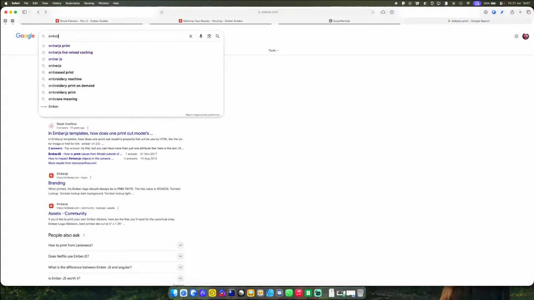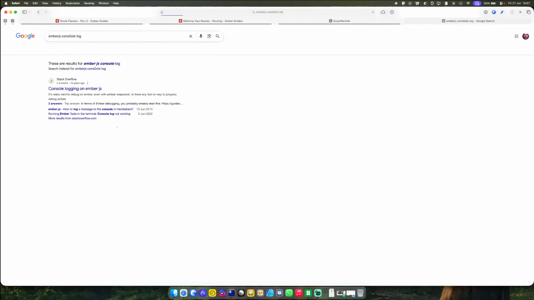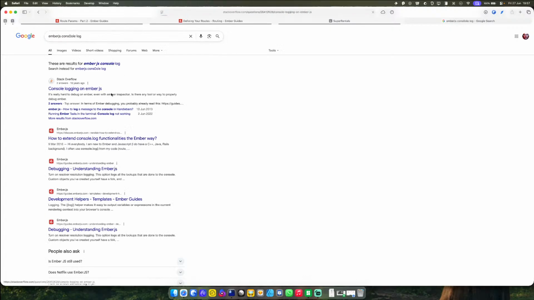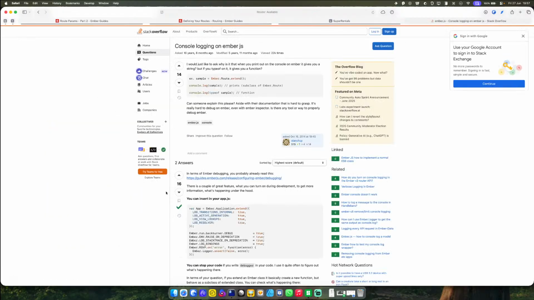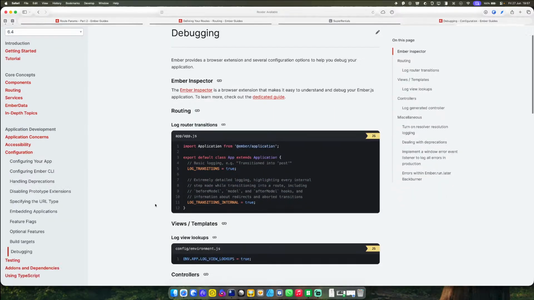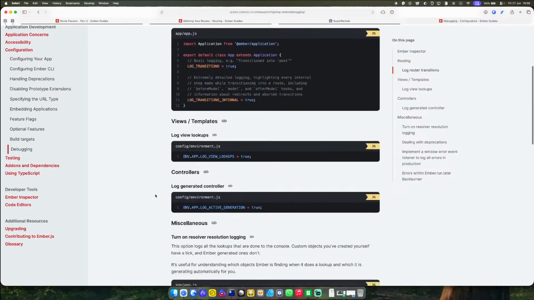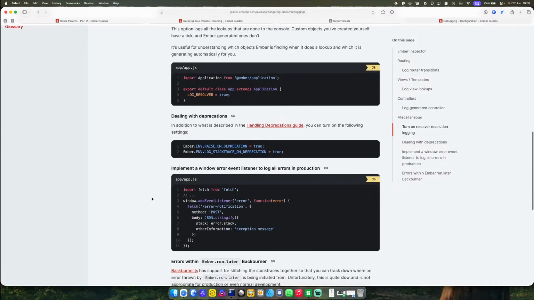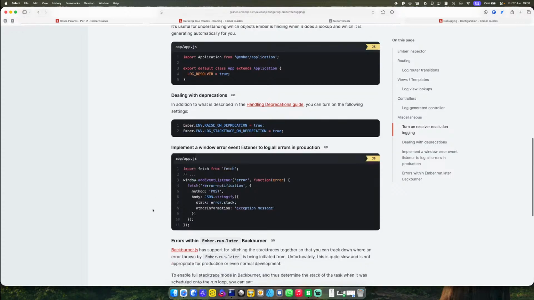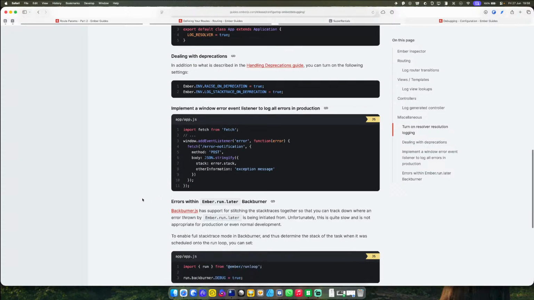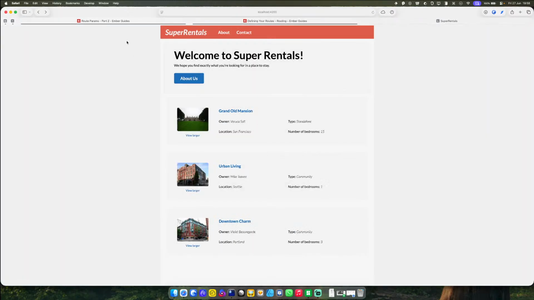Okay, well, Ember.js console log, debugging, log root transitions. No, we want to look at log view lookups, controllers, miscellaneous. Okay, we're going to carry on for now because I can't be bothered to delve into all of this on a stream. But